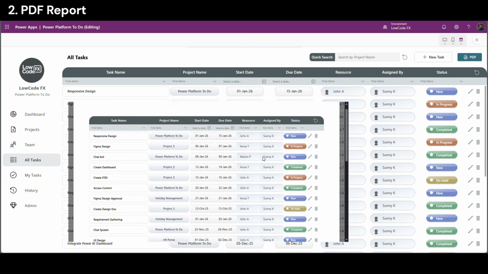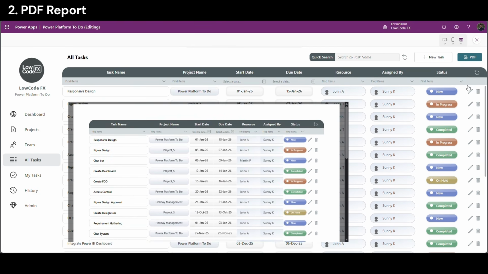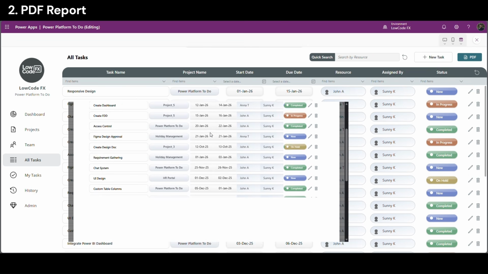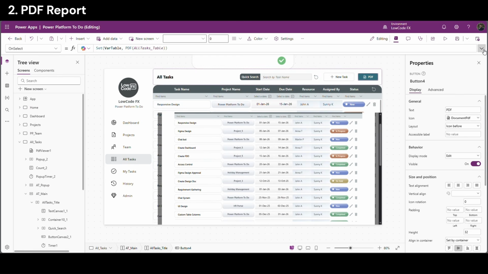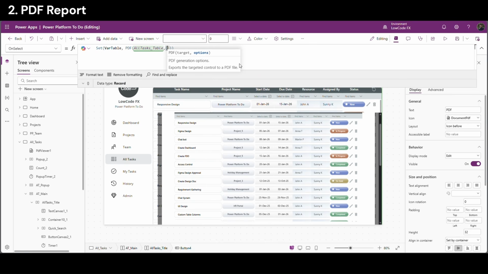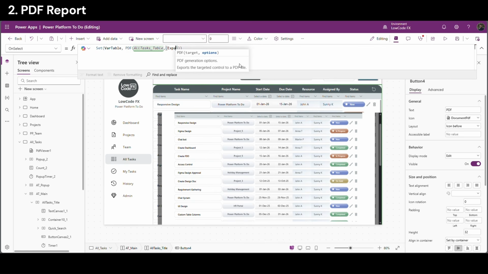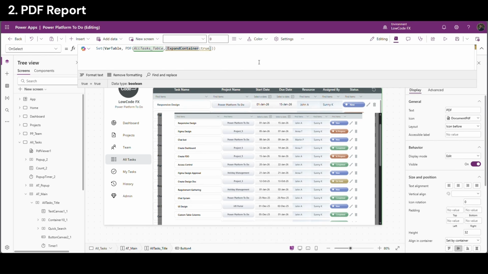So if you see here, it is capturing whatever is displayed on the screen. In order to get the entire data within that container, we can add one more property in this. So yes, in curly brackets use expand container colon true. My bad, it should be expand containers. Yes, and